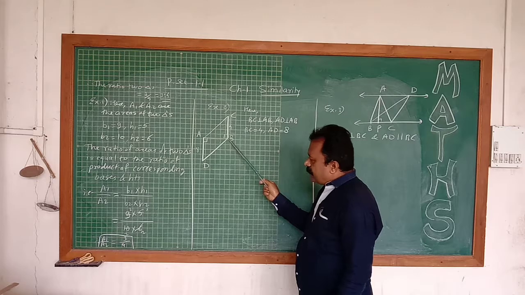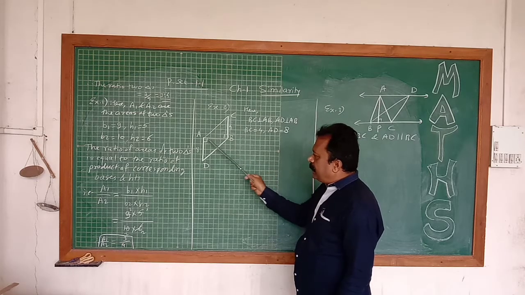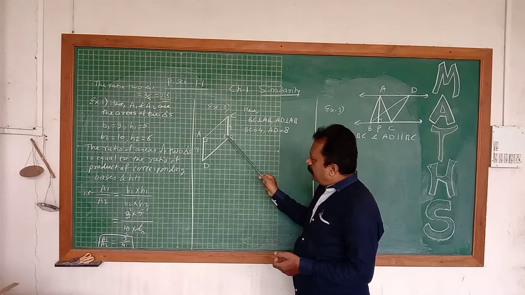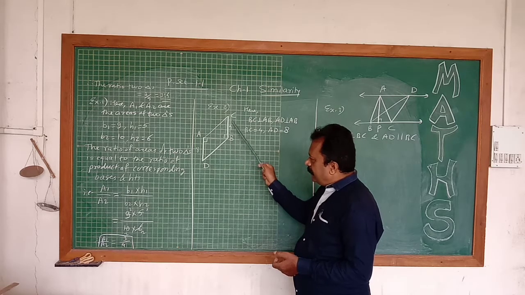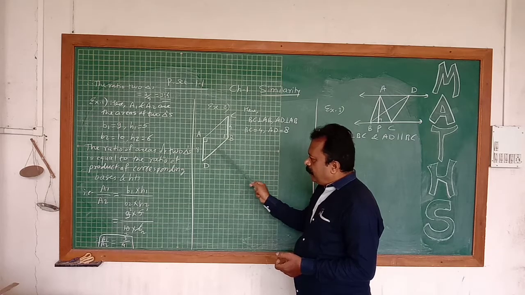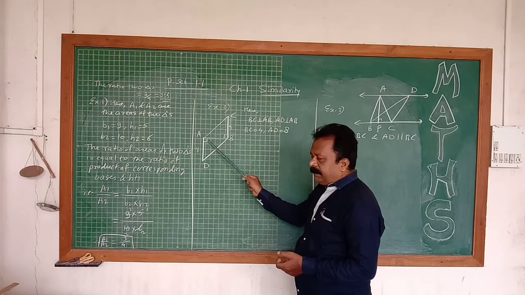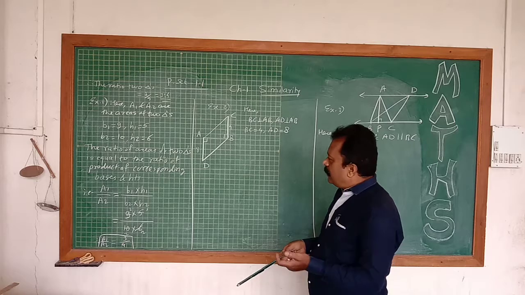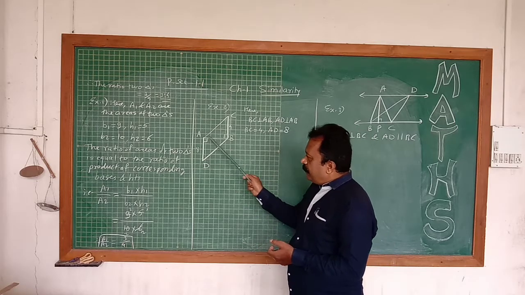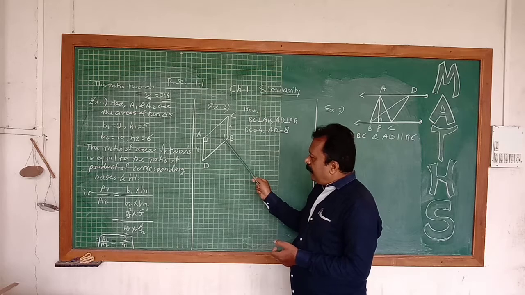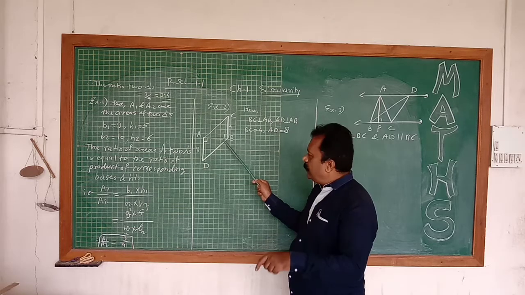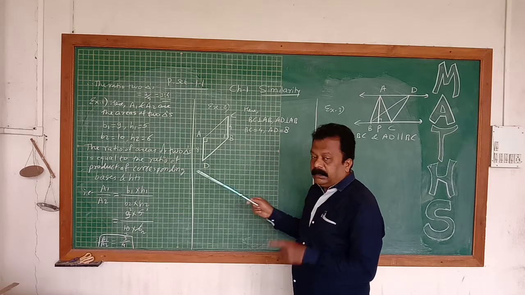Here, AB is the base, meaning AB is the common side to both triangles. In triangle ABC, AB is common. In triangle ADB, AB is common. So AB is considered the base. And the heights? For this base AB, the height is BC because it makes 90 degrees. For the other triangle, AD is the height; it makes 90 degrees. These are the perpendicular heights, BC and AD. So the heights are given and the base is common. So for the ratio of areas of two triangles having the same base, you use property number 2: the ratio is equal to their corresponding heights.